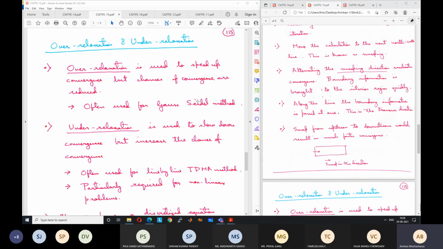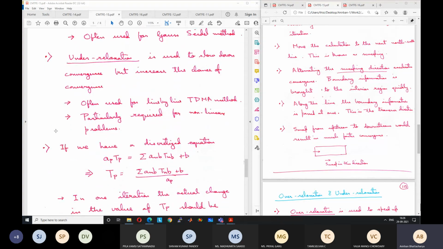So what exactly is the factor doing? Let us try to understand. It's a very important thing actually because it helps us in trying to improve the chances of convergence. So relaxation, under or over relaxation, are ways of changing the speed of convergence. Over relaxation is a method where you can speed up the convergence, but it will reduce the chance of convergence. Let me come to this point later. First, let us try to look at an example.